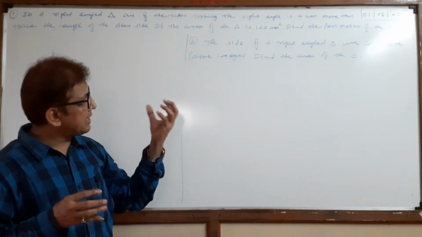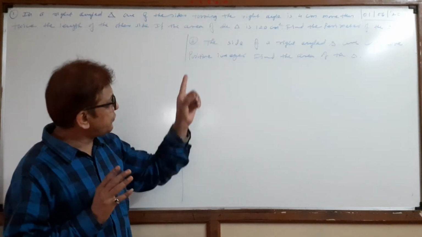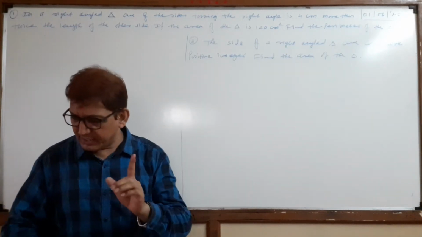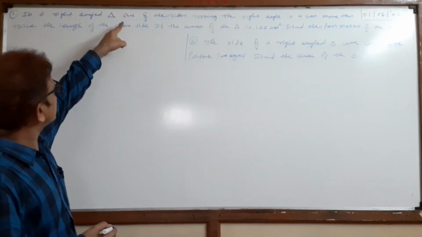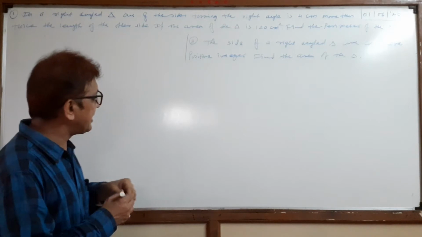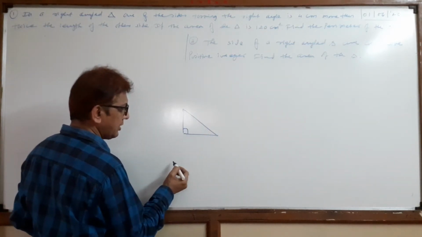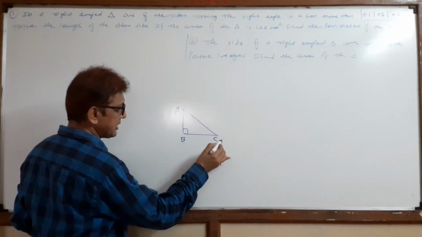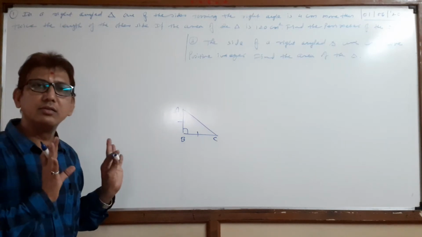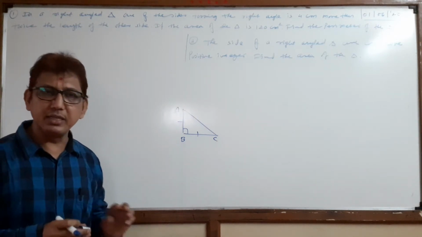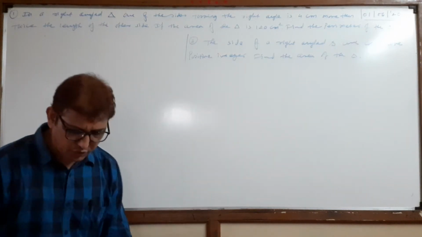So first we find the perimeter, so we find all the three sides of the triangle. Again read the question, but we will explain. Here in the sentence, one of the sides forming the right angle. Look here, this is your right angle triangle, right? A, B and C. Now these two sides, AB and BC, are forming the right angle. Is that clear? Okay. So first we draw here.